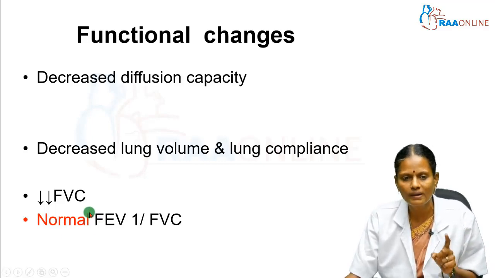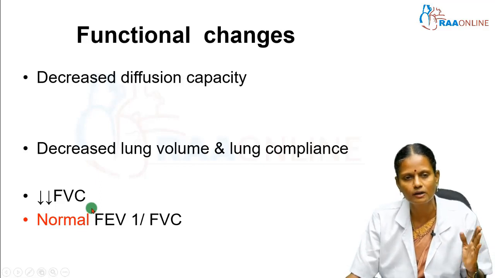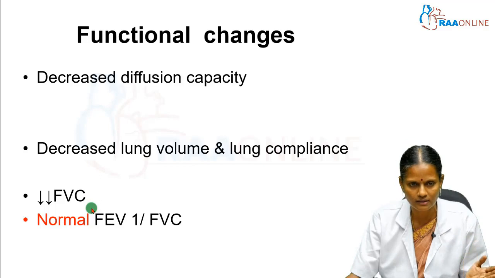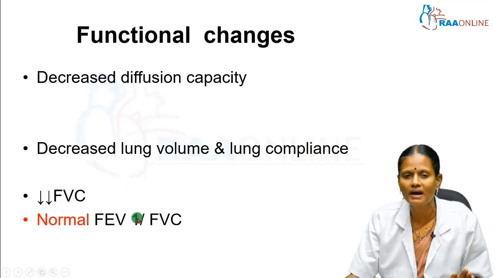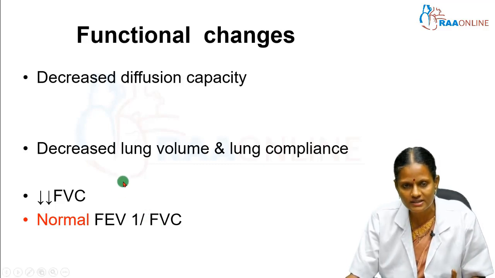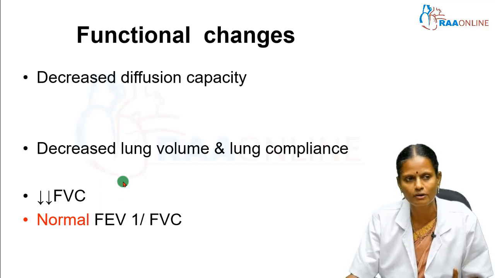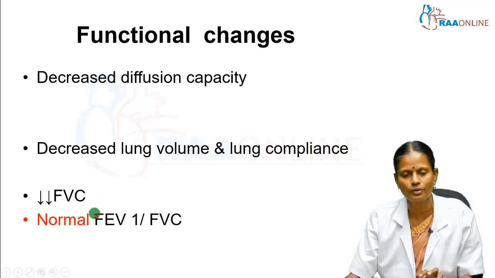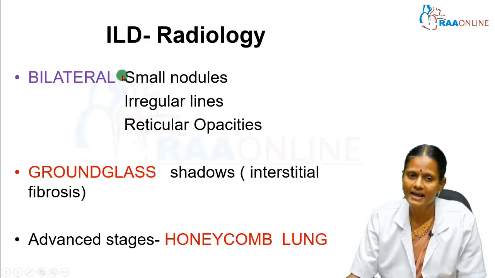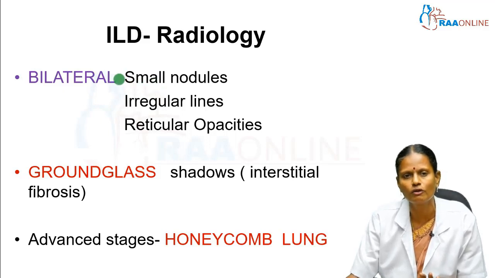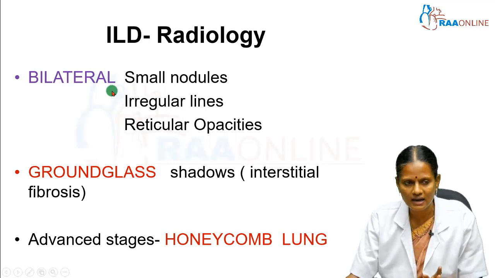This point is to be differentiated from COPD, the chronic obstructive pulmonary diseases which we saw in the last session, where the FVC is decreased and the FEV1 by FVC ratio is also decreased, especially in emphysema where the value is less than 0.7. Whereas in restrictive lung diseases, the classical example being the interstitial lung diseases and pneumoconiosis, the FEV1 by FVC ratio is normal. Radiologically, we can have X-ray findings of bilateral involvement of small nodules or irregular lines,